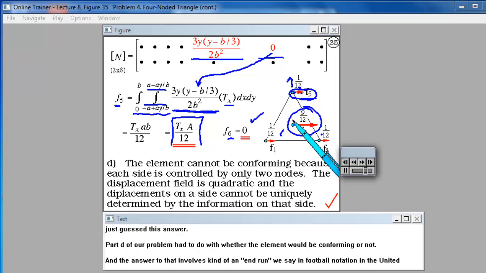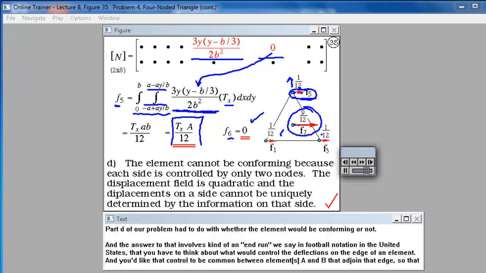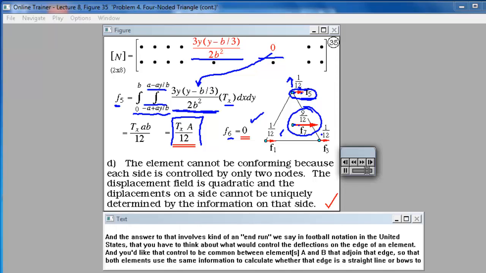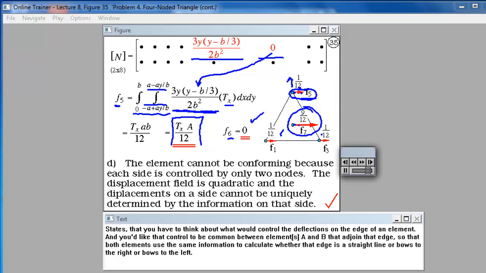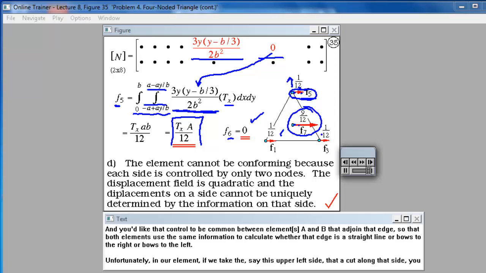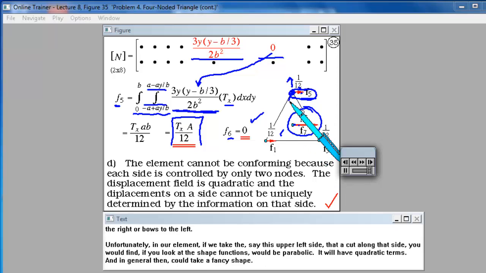Part D of our problem had to do with whether the element would be conforming or not. The answer to that involves kind of an end run, as we say in football notation in the United States: you have to think about what would control the deflections on the edge of an element. You'd like that control to be common between elements A and B that adjoin that edge, so that both elements use the same information to calculate whether that edge is a straight line or bows to the right or bows to the left. Unfortunately, in our element, if we take, say, this upper left side,